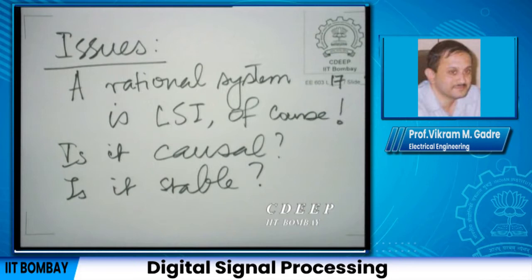In fact, it is not at all difficult to see that there are examples of all possibilities. Causality and stability are independent properties. You may have four kinds of rational systems: those that are not causal but stable, those that are causal but not stable, those that are neither causal nor stable, and those that are both causal and stable. In fact, I go back to the examples of the rational transform that we have dealt with to date.